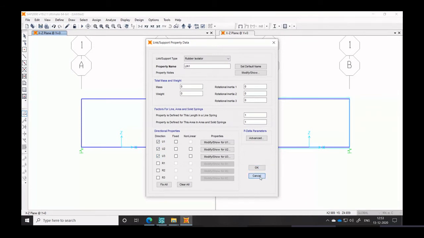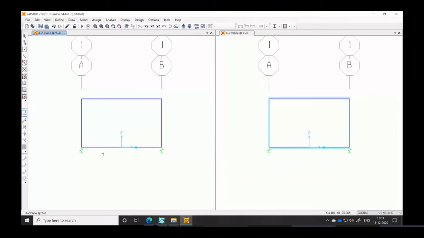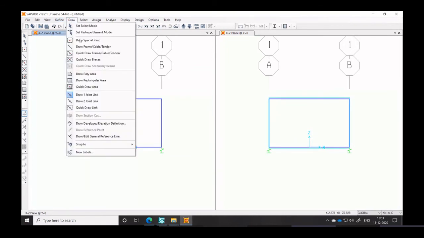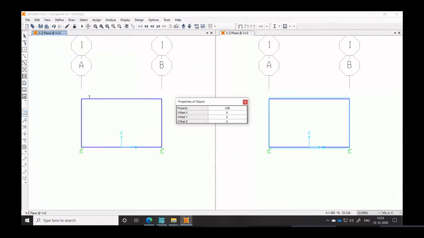That was the first step. Then to create that isolator, you go to draw and then draw one joint link. Once you create one joint link, then you can draw wherever you want. All right, so this is now created.